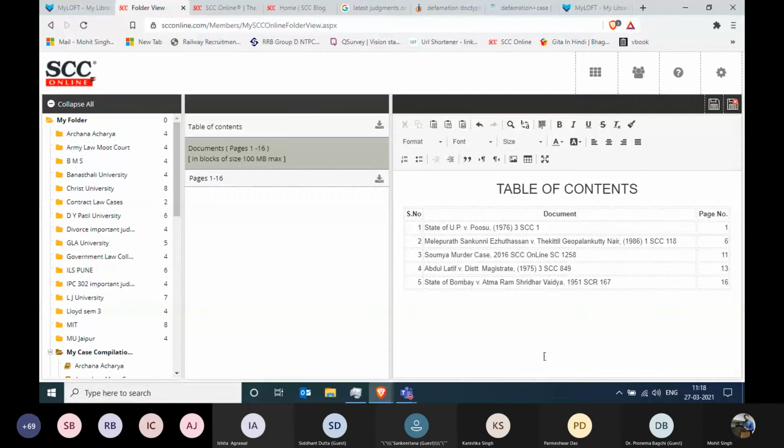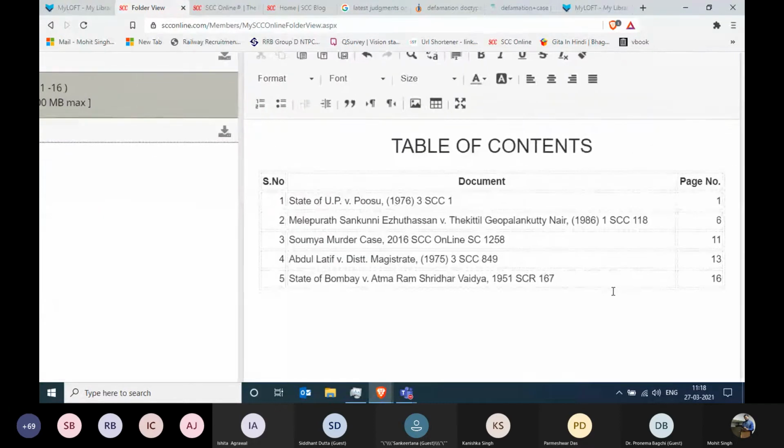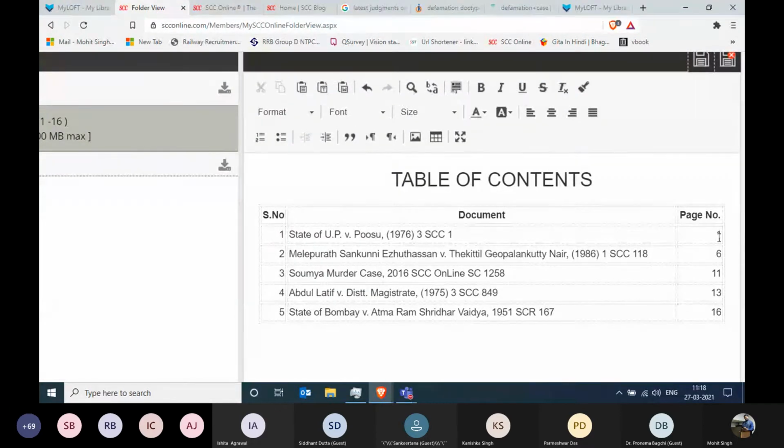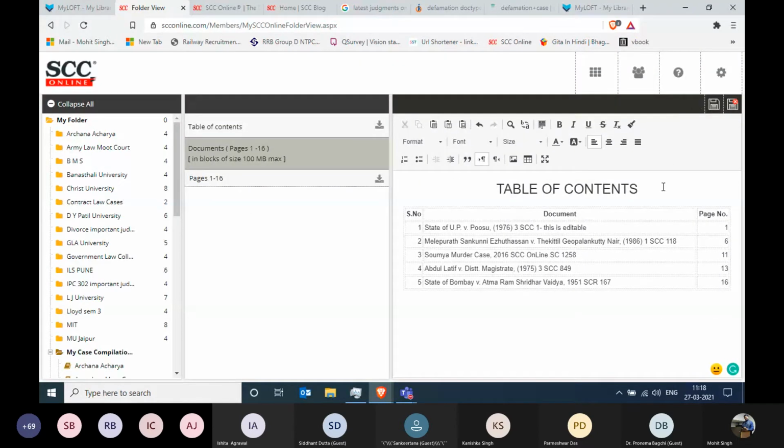First of all, it is giving you the table of contents, which contains the index for you, running from page number 1 till page number 5, first judgment, and page number 6 till page number 10, the second judgment, and it continues. The good part is, if you want to edit it, you can certainly do that. This is editable. You can save it and you can print it right like this.